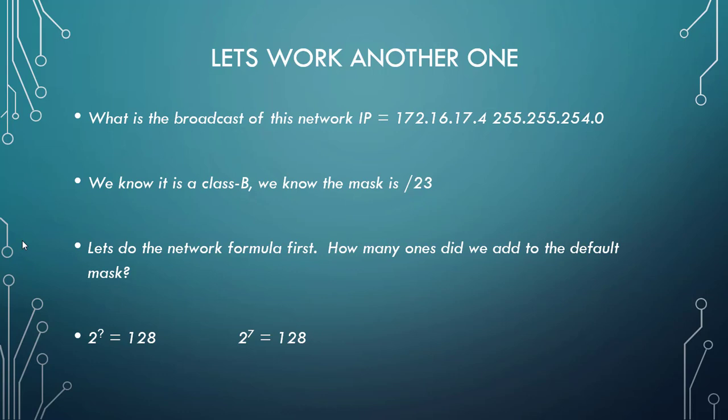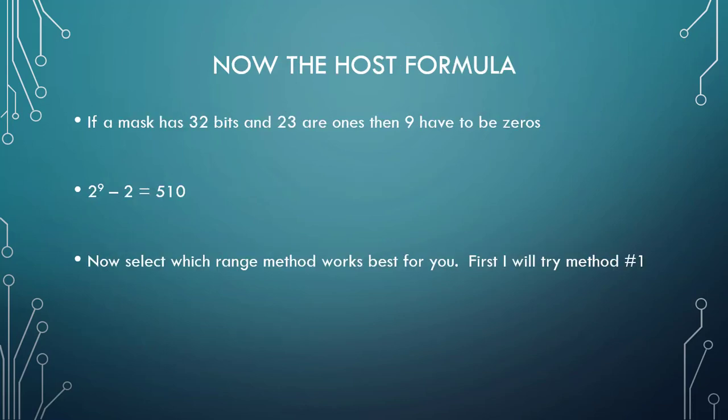So how many ones did we add? Well, if we started at 16 and we ended at 23, we added 7 ones. So 2 to the 7 gives us 128, so this would give us 128 different networks. Then if we apply the host formula, we know that the mask is,